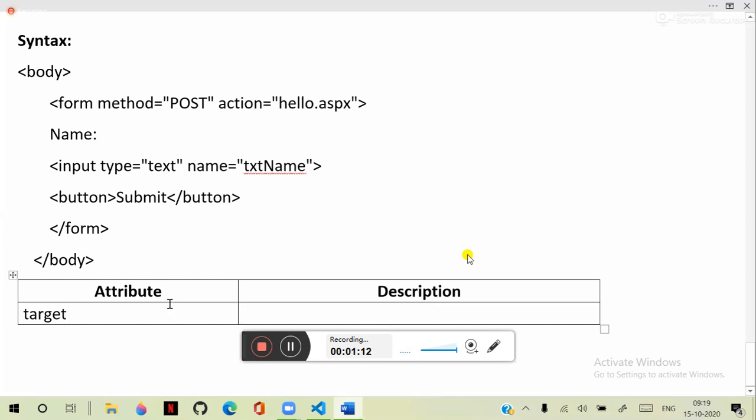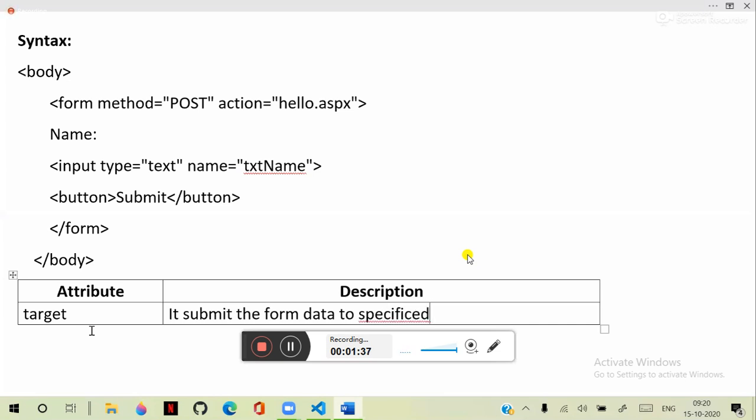Target is a simple option actually. It is just like a link target. It submits the form data to the specified action